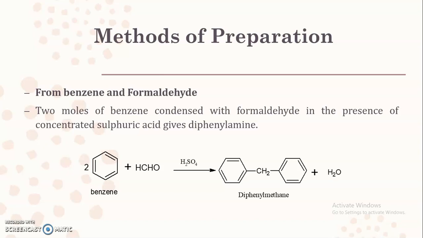We have seen 5 different methods that are used for the preparation of diphenyl methane, where the first method that we have seen is Friedel-Crafts reaction. In this case, benzyl chloride is reacted with benzene to get diphenyl methane in presence of aluminum chloride as a catalyst. Then the second method that we have seen is from Grignard's reagent, where diphenyl methane is reacted with the Grignard's reagent. Sometimes here we are going to use hydroiodic acid in presence of phosphorus to give us diphenyl methane.